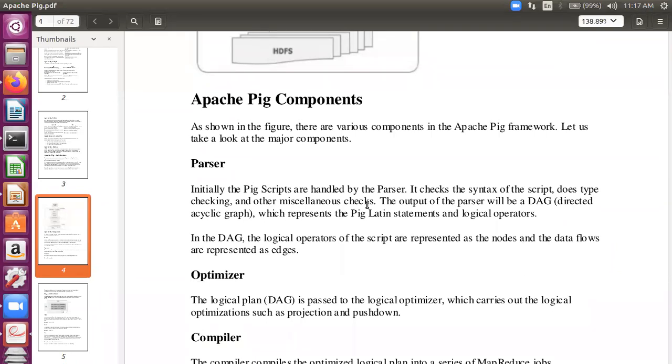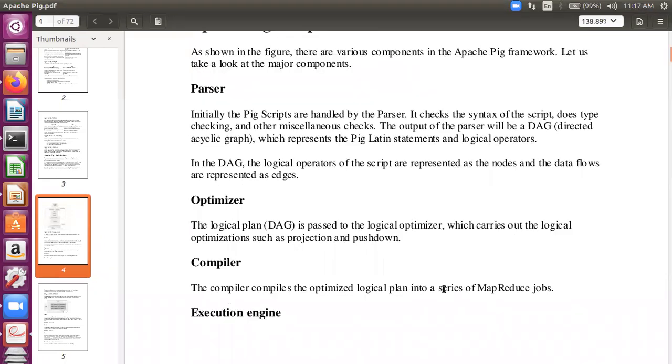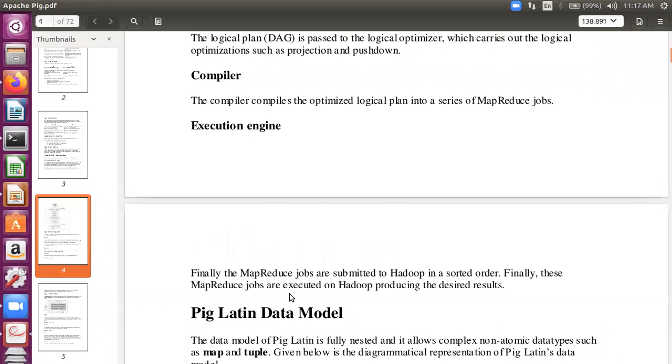Only when everything is in order is it converted into a DAG, which represents the logical operators as nodes and the data flows as edges. Your optimizer carries out projection and pushdown. The compiler converts your optimized logical plan into a series of MapReduce jobs, and your execution engine is responsible for executing the MapReduce jobs, and the results are there in the HDFS.